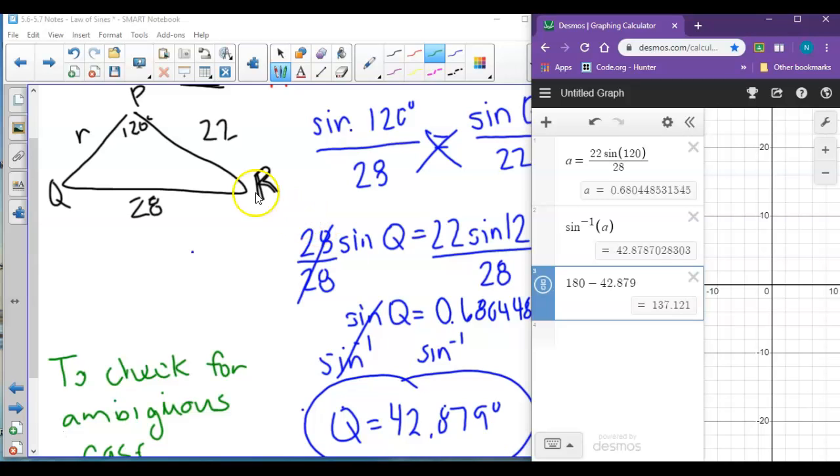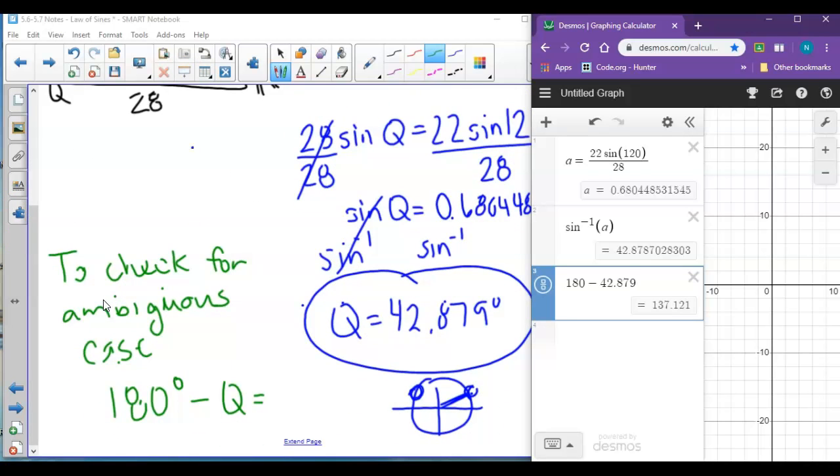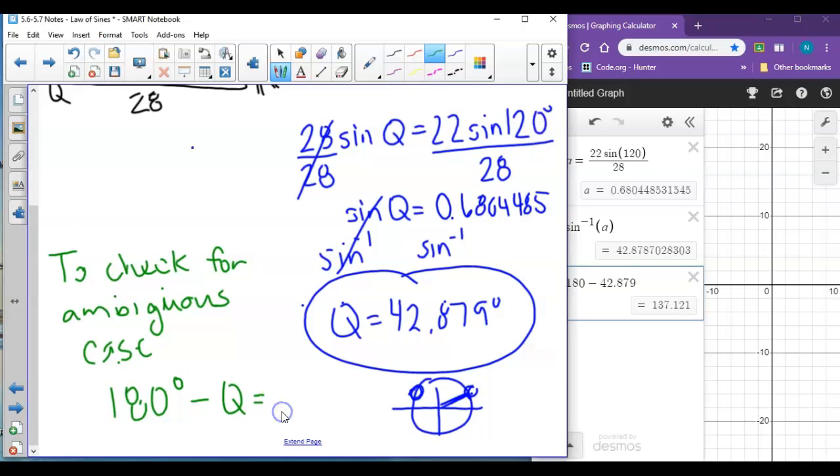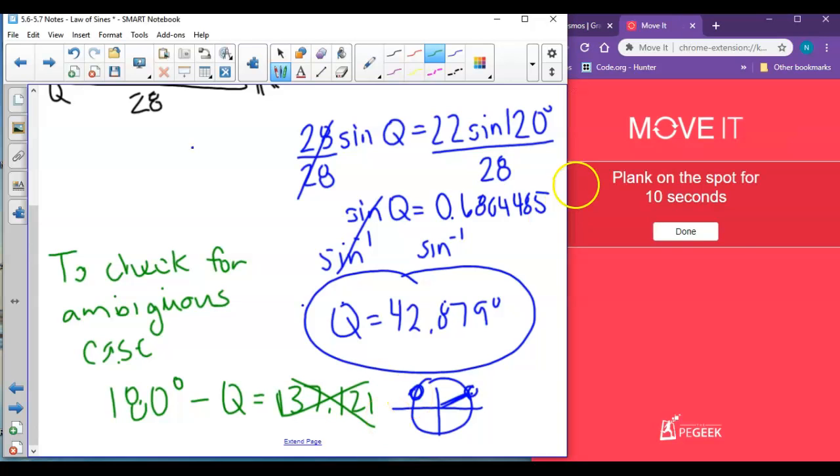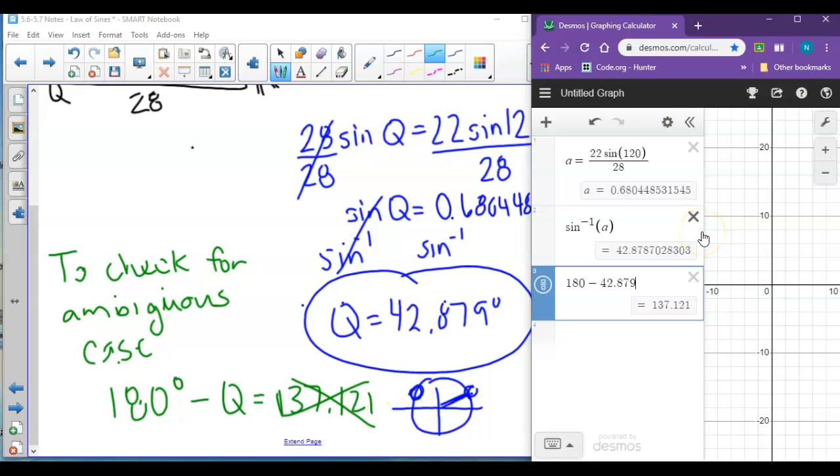137.121. However, if Q was 137 and P was 120, then you'd have two obtuse angles in this triangle. And the interior angles would add up to be more than 180. So it is impossible for Q to equal this 137.121. So that does not work. So Q only has one answer. We just have 42.879 degrees